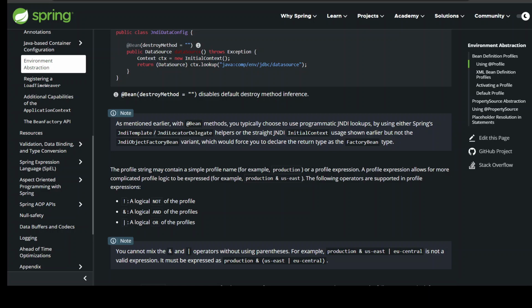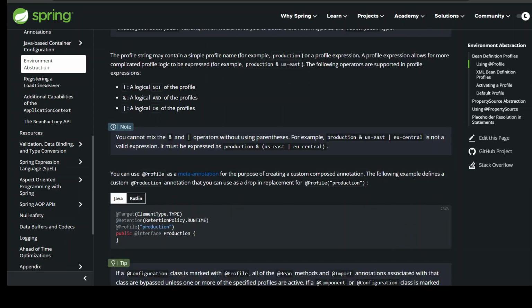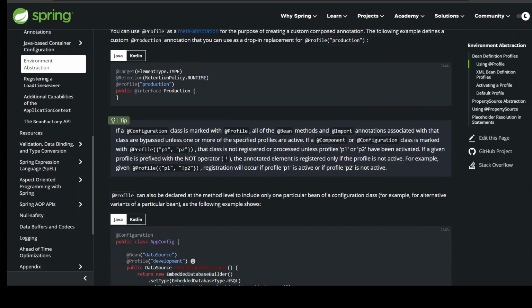You can use @Profile as a meta-annotation for the purpose of creating a custom composed annotation. The following example defines a custom @Production annotation that you can use as a drop-in replacement for @Profile("production"). @Target(ElementType.TYPE) @Retention(RetentionPolicy.RUNTIME) @Profile("production") public @interface Production